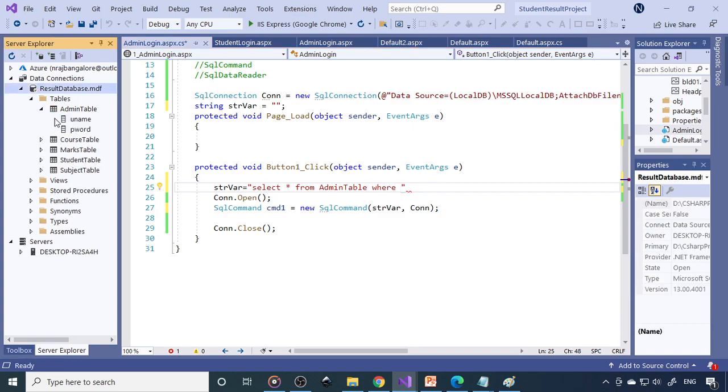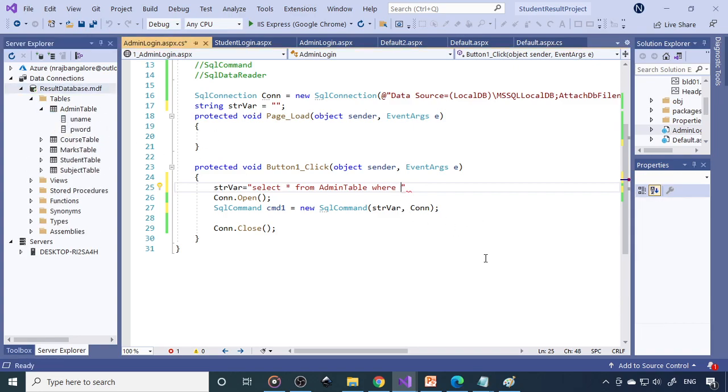So you should exactly match the column uname, so therefore it is uname that is equal to, first you have to put one single quote because this is the text value, therefore single quote, then the double quote. Now you can see this double quote is started here and it ends up here, and before that we have one single quote. Then you have to use a plus mark. Plus mark is a concatenation, that means you can continue to the next.